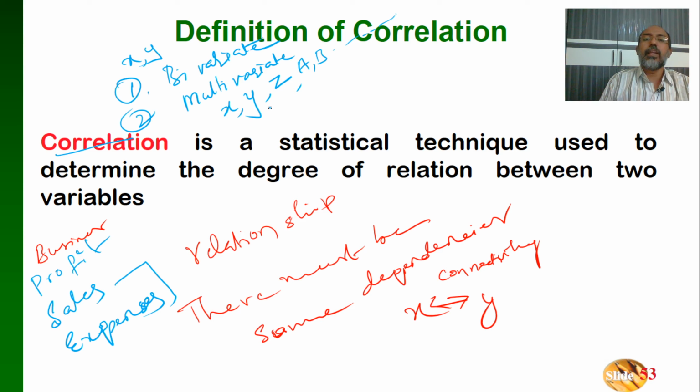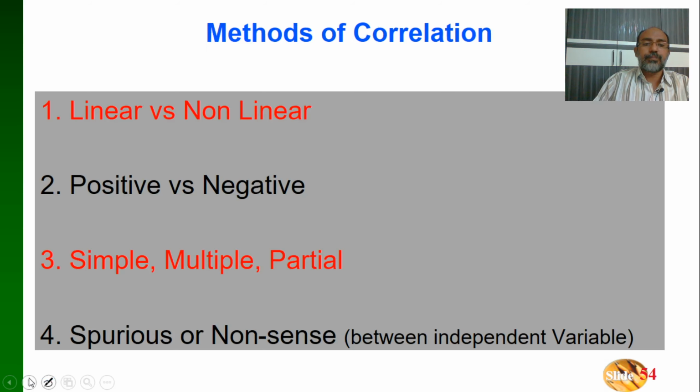Hence, correlation in statistics should be calculated to find out whether any relation exists between x and y. We want to know dependency in the next stage, called regression analysis. To find the regression, first we need to find that a relation exists between the variables. With regard to this, we'll go to the next one.